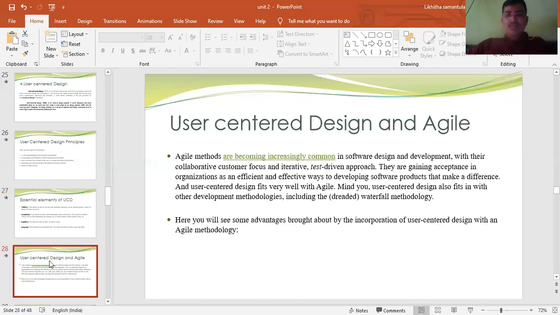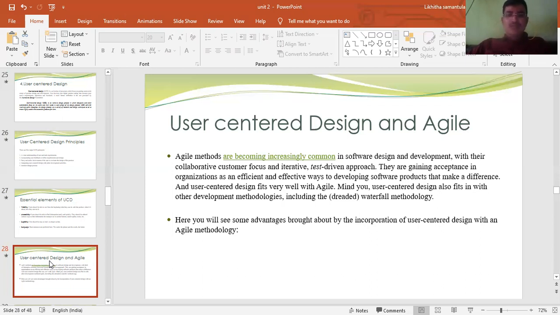User-centered design and Lean. Lean methods are becoming increasingly common in software design and development, with their collaborative, customer-focused, and iterative test-driven approaches. They are gaining acceptance in organizations as an efficient and effective way to develop software products that make a difference.